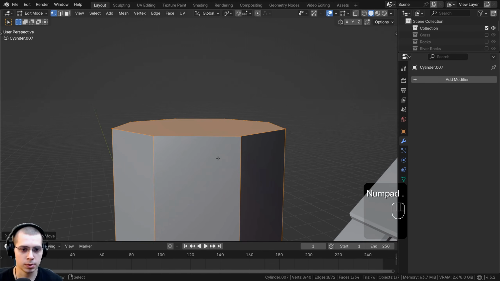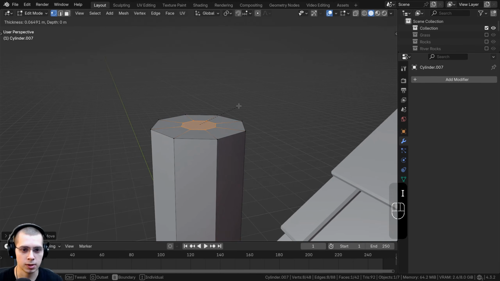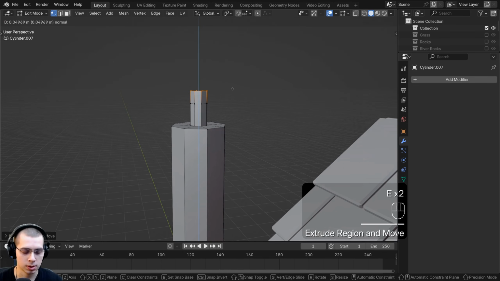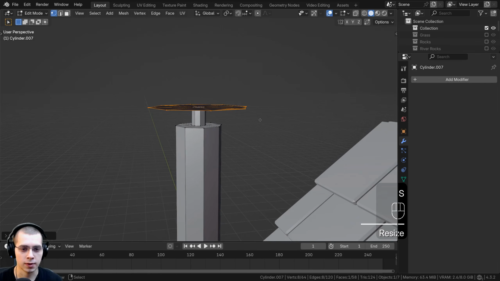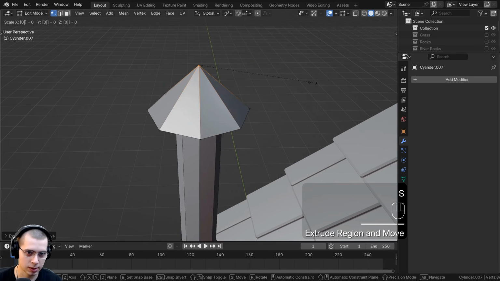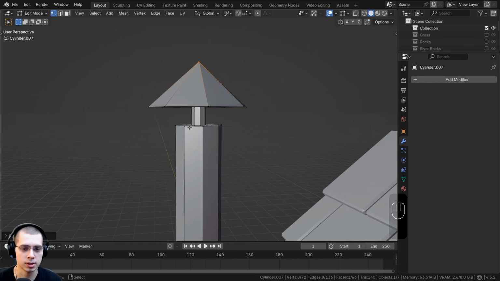Let's zoom into the chimney by hitting the period on the numpad, and I'm going to inset the top of the chimney, and then I'm going to extrude the chimney up, and then I'm going to extrude it, but then I'm going to scale it, and we'll make this a lot bigger like that. And then I can extrude up again, and then what we're going to do is scale it by 0 and hit enter. So we have that stylized chimney where it's pointy,